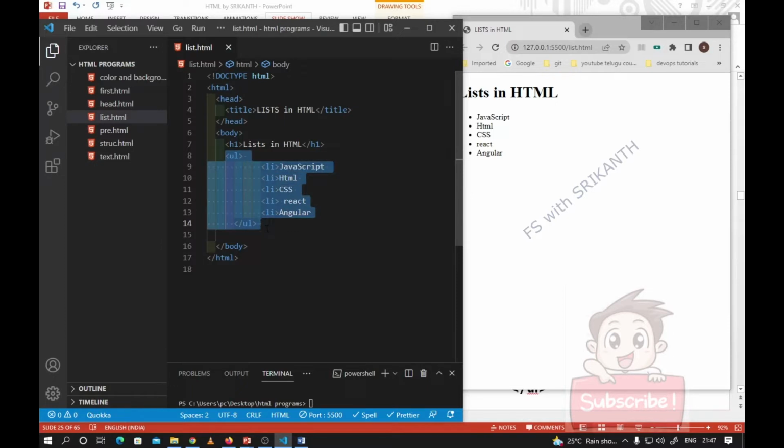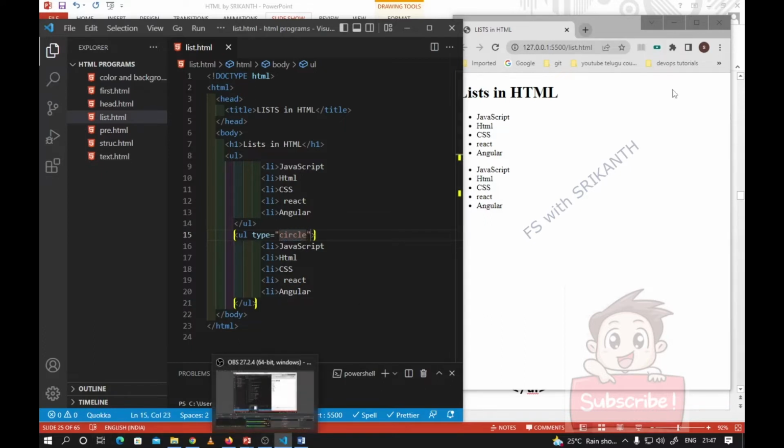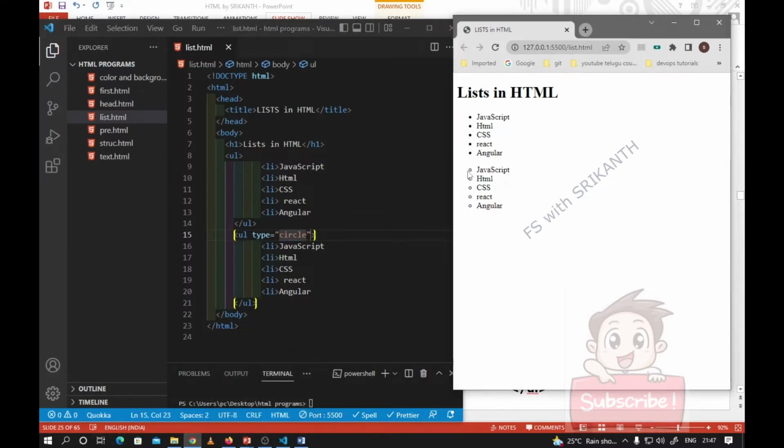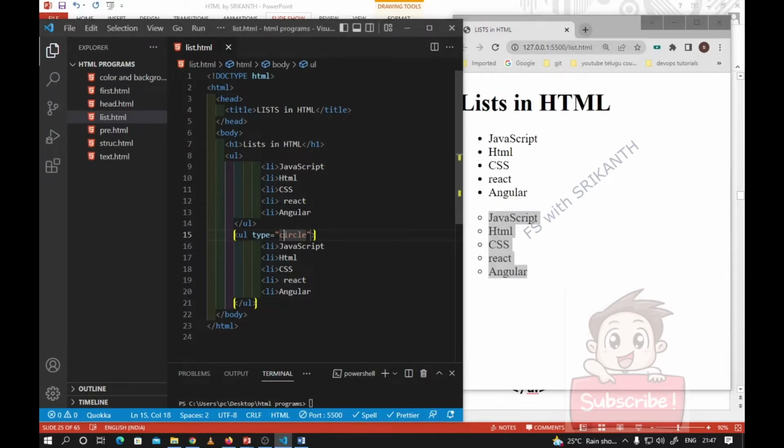Same thing I want to copy here, copy and paste, and I am using the type attribute. Type equal circle. Just observe, the content is updated, right? Circle. And the same thing, suppose you are placing disk here, by default the disk format is there, and if you are updating this disk with a square,